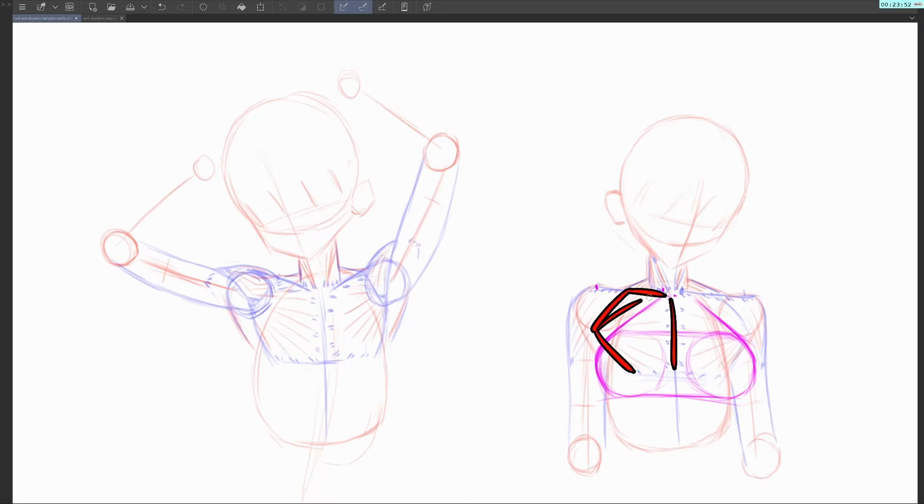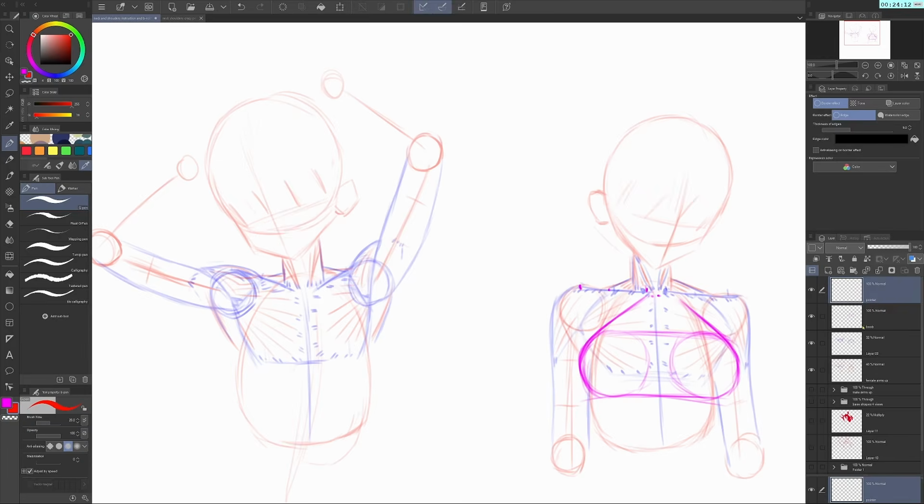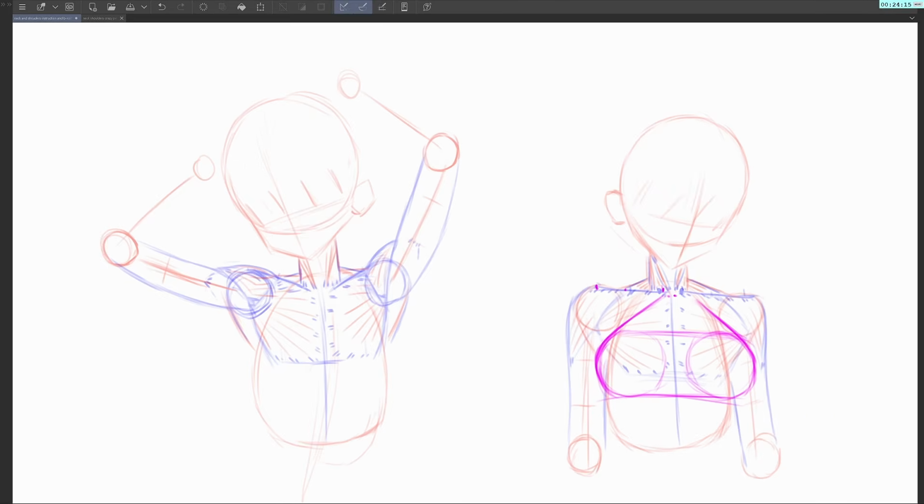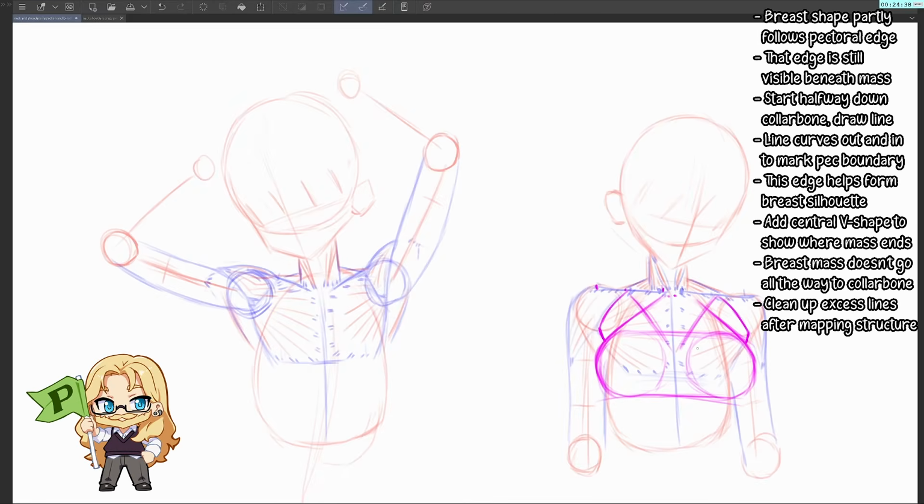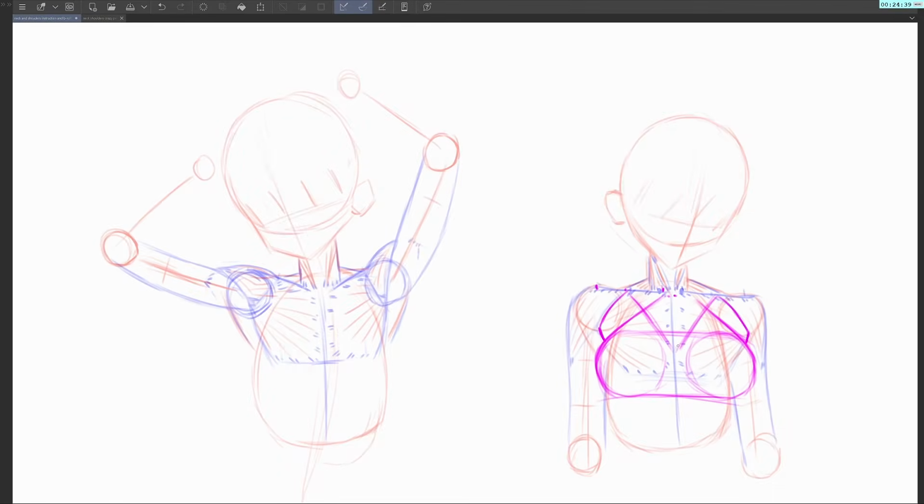And so you can see that part of the shape of the breast is going to be that edge of the pectoral, which we can still see. So if we follow that edge then, so halfway down the collarbone, we draw a line out and in for the edge of what will be the pectoral. That's going to form part of the mass of the breast. So we draw that line in, and then we do the V shape in the center to show where that mass stops, because the mass of the breast doesn't continue all the way up to the collarbone. And so we get rid of those excess lines,